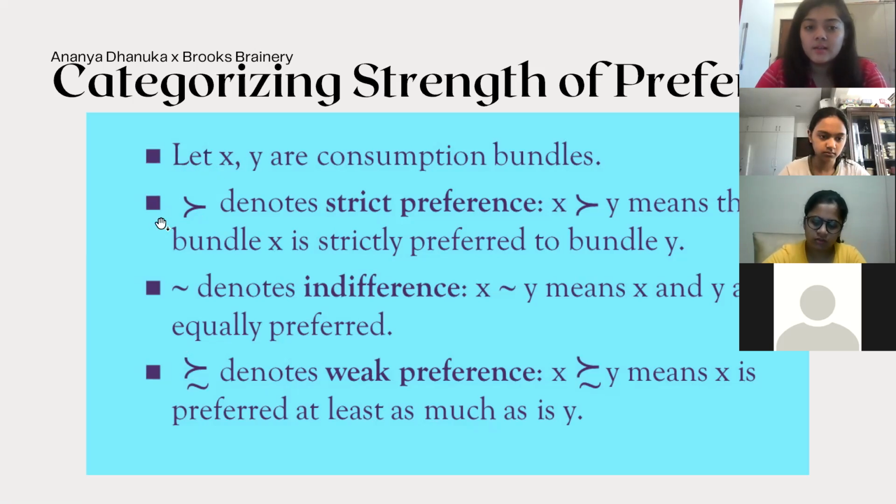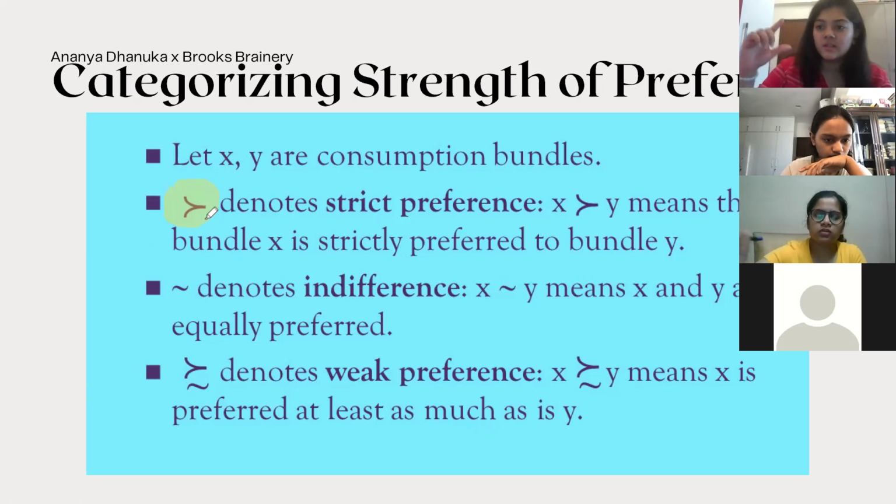The symbol here that you can see, I can also annotate it, right? Okay, the annotation might not be great, but this symbol that you see here is the symbol that we use to denote strict preference. Okay, if you notice, it seems fairly similar to the greater than sign, but it's not the same. So we use this to denote strict preference.